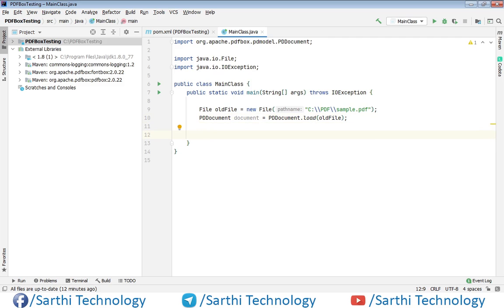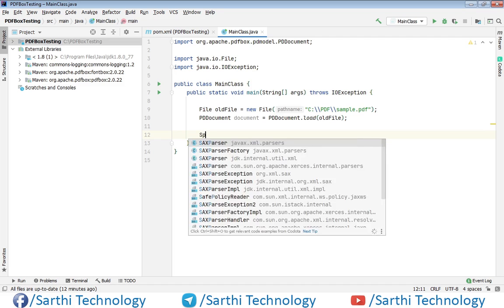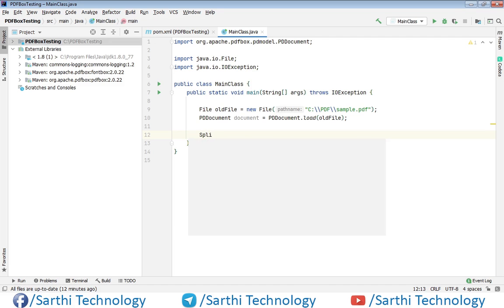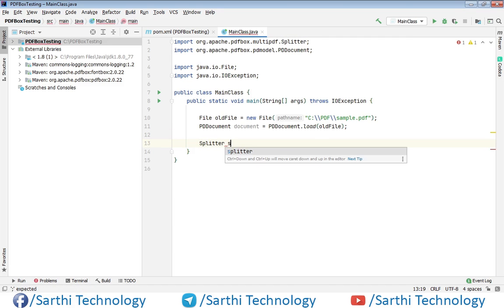Now we need to create one Splitter object. So Splitter, splitter equal to new Splitter.